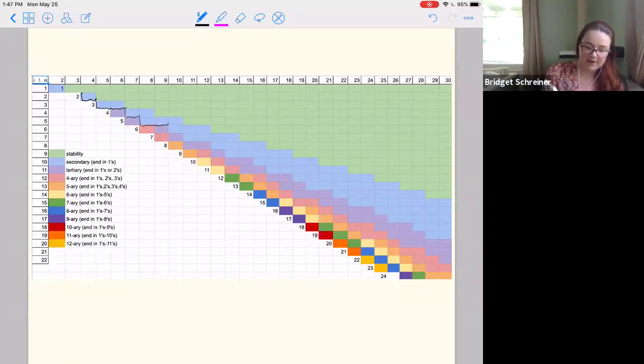So the blue is what we're calling tertiary stability, and we see that down 1 over 1, down 1 over 1, down 1 over 2 pattern. In general, for the k-ary stability, we have a down 1 over 1, down 1 over 1 pattern that happens for k minus 1 places, and then that switches to going down 1 and over 2. So basically, it resets every k, which is why we had that (i minus 1) over k in our range,